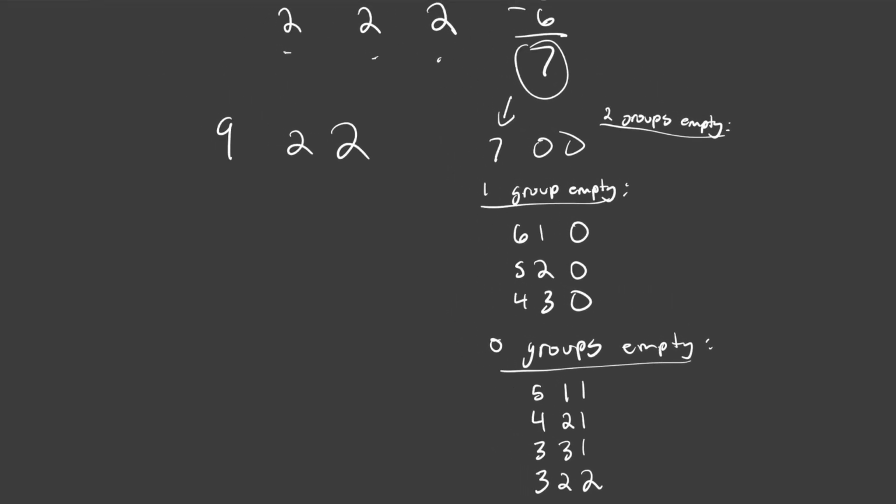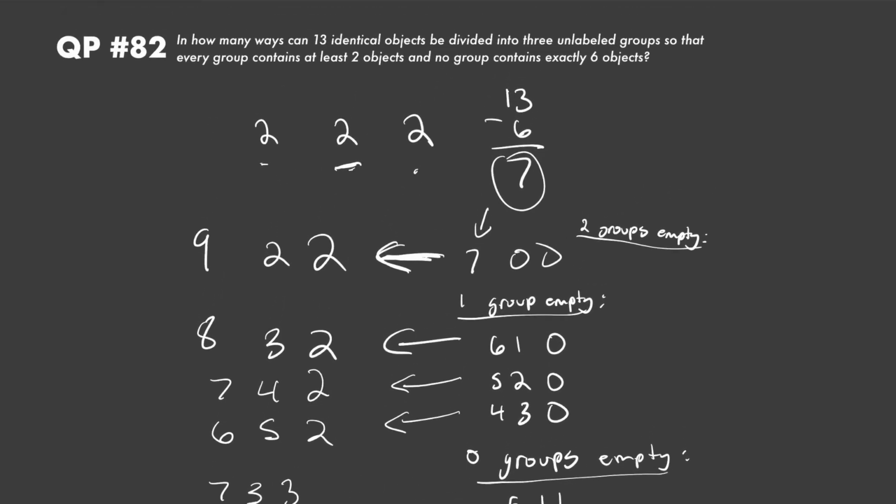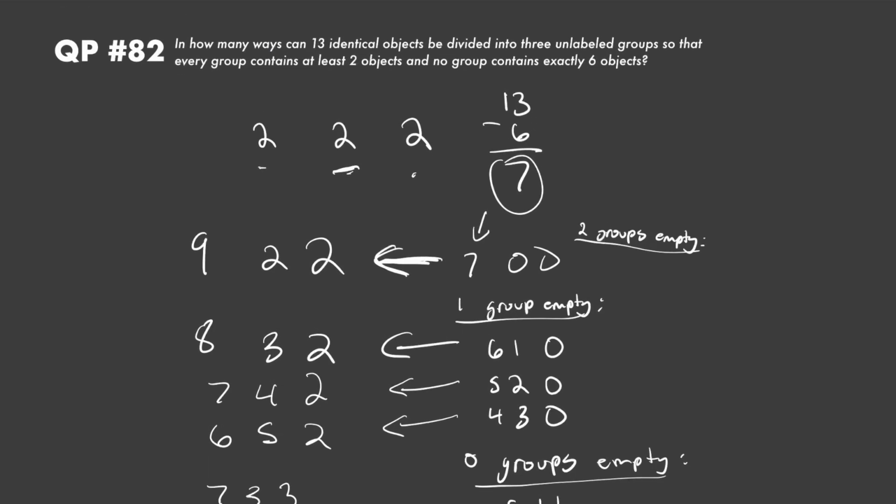Now let's add them back onto our originals because we gave 2 to each group to start, right? So let's do it for this one. We already did it here. This is going to be 8, 3, 2. So I've gone ahead here and just worked them all out. It's pretty simple to do, but now you can see that everything in here is going to add up to 13 and everything is going to have at least 2, which is exactly what we want,